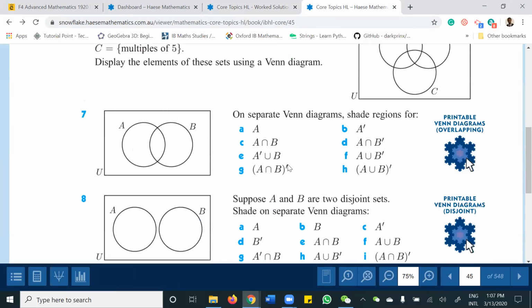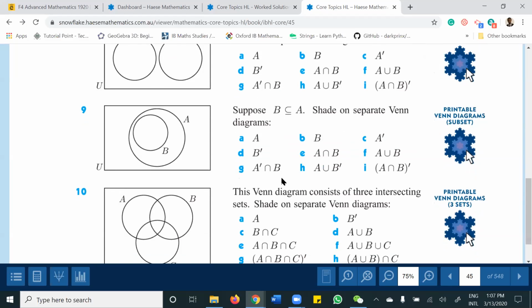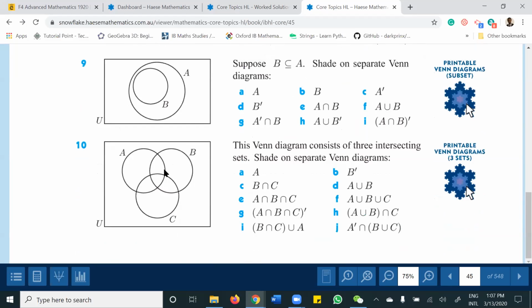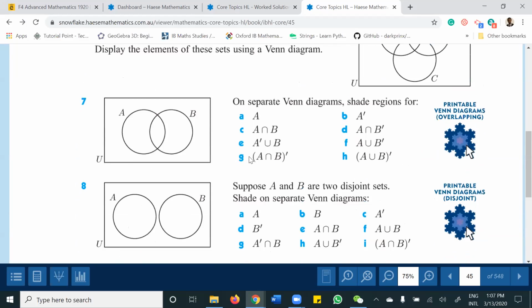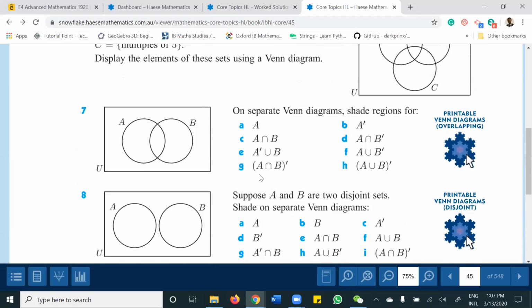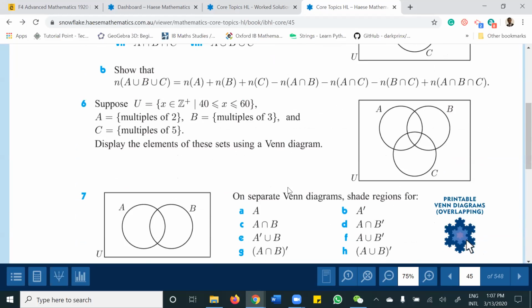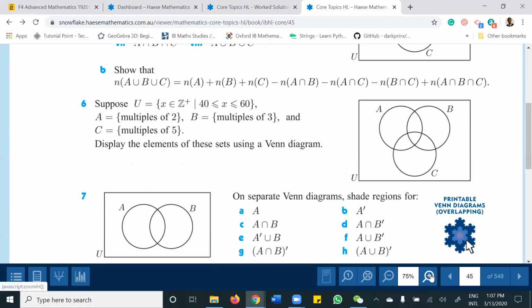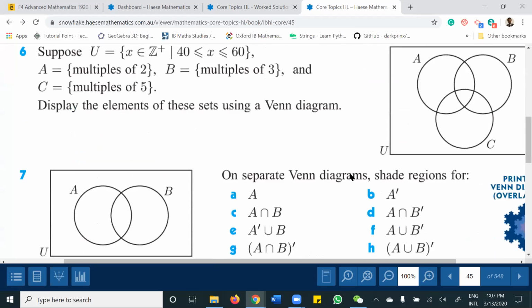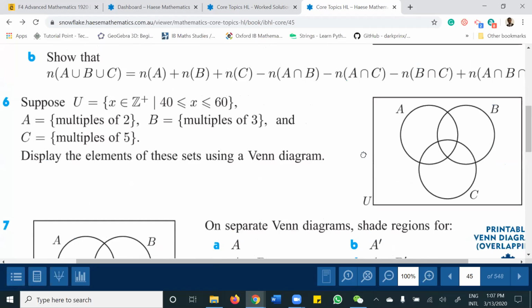So anyway, let's go to 6. In any case, when you're doing this, you draw this each time and shade, all right? Since we don't have a printer, when I send you a screenshot of these questions, you draw each of these and shade. Does that make sense, everyone? For questions 7, 8, 9, and 10, that's how you can practice those ones. In the meantime, let's focus on 6. That's 6.